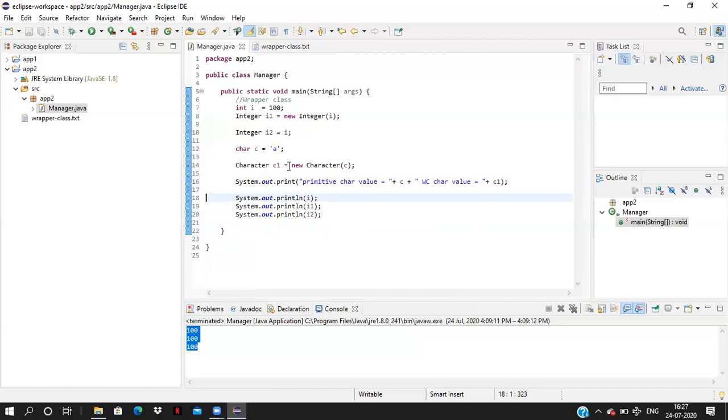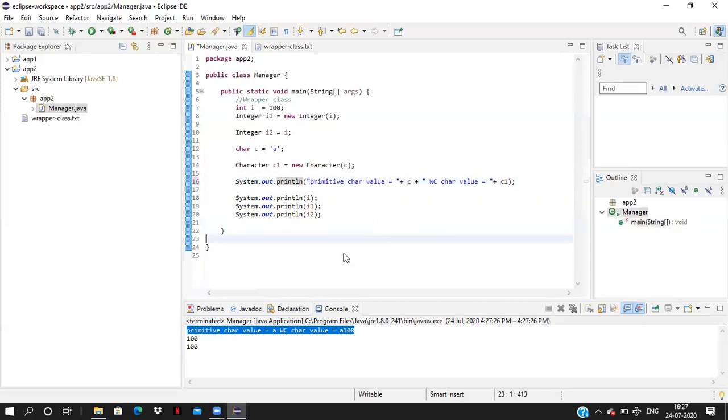I just saved it. Now I am running this. Since this is a print method, here we don't have any new line. If you give println, it will print in the next line. If you want any space between one line and another line, you can give \n.